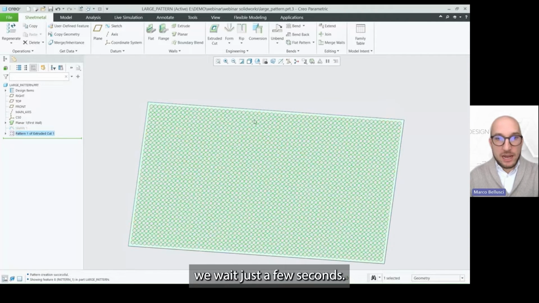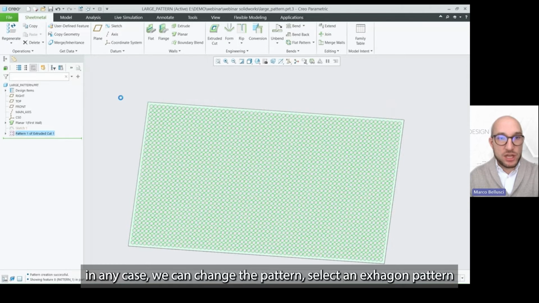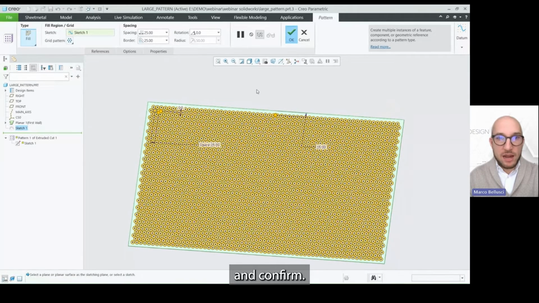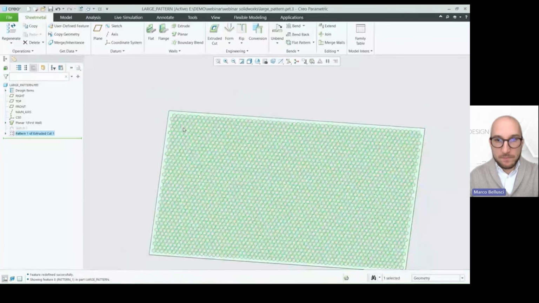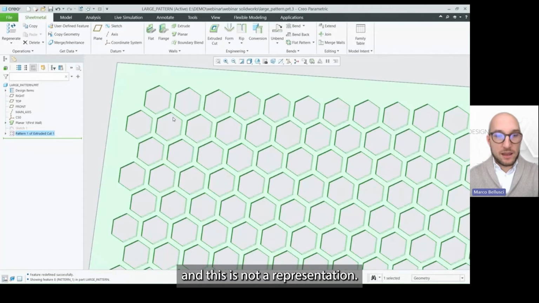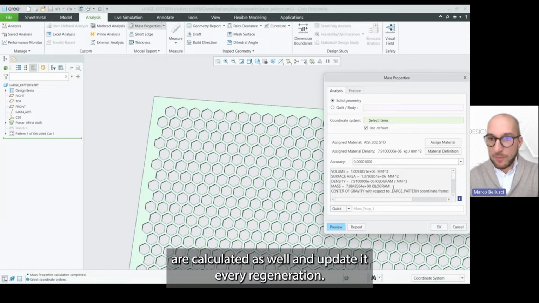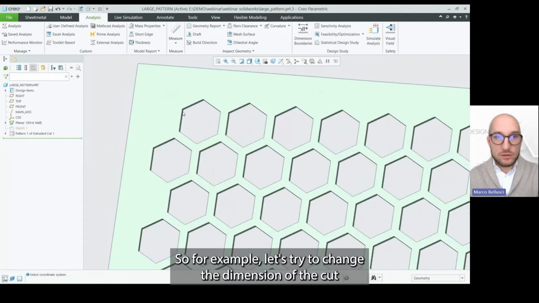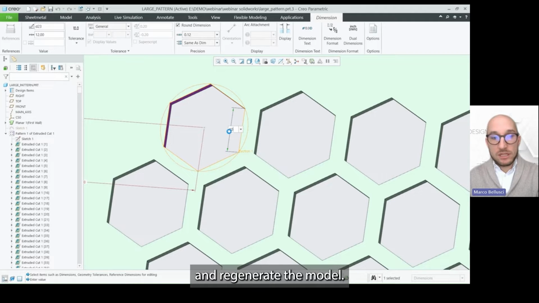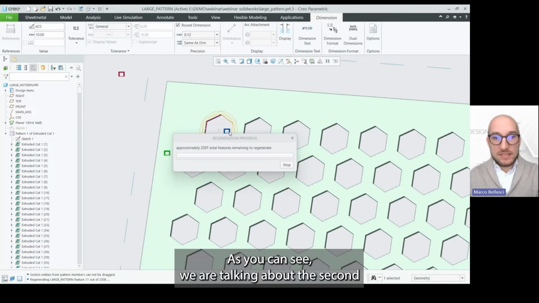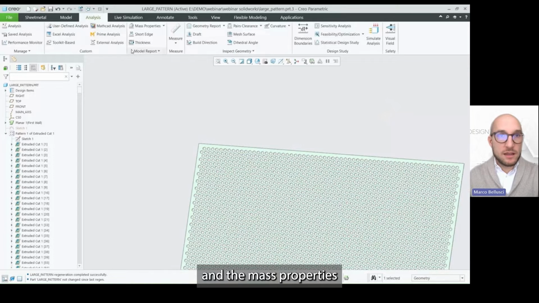We wait just a few seconds, and as you can see, we have thousands and thousands of instances. In any case, we can change the pattern, select hexagon pattern, and confirm. As you can see, the regeneration is really fast. And this is not a representation. For example, the mass properties are calculated as well and updated at every regeneration. So for example, let's try to change the dimension of the cut and regenerate the model. As you can see, we are talking about seconds of regeneration for more than 1,000 features, and the mass